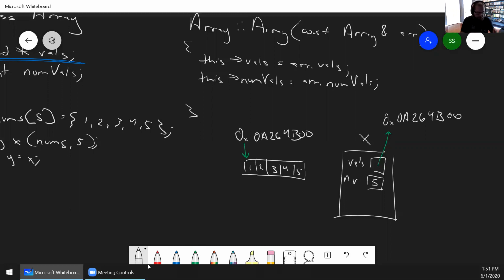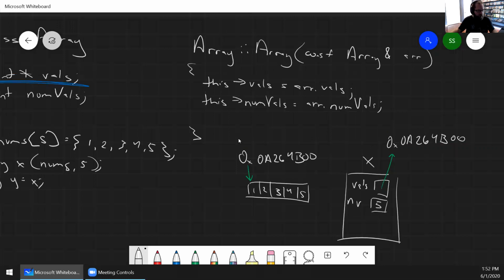All I'm doing within X is storing the address of where that array is. Whenever I call new, I am allocating memory out in my heap, and I'm storing the address of where that memory is, right? So if we use the built-in copy constructor or the built-in assignment operator, because again, they both